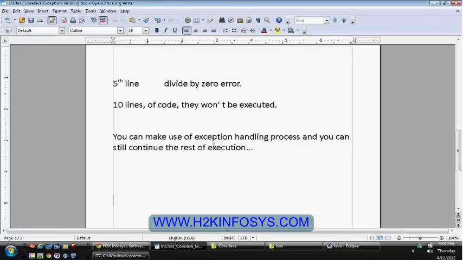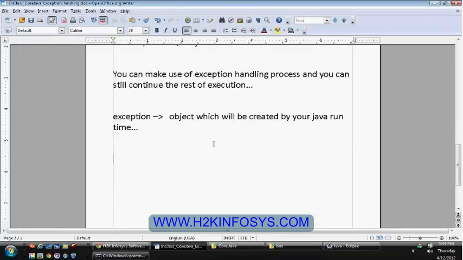Once an exception has been raised, an exception is nothing but an object which is created by your Java runtime. Or else you can say an exception is a deviation from your actual flow.